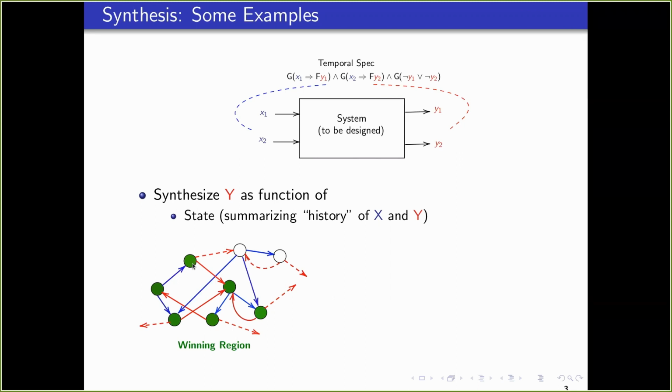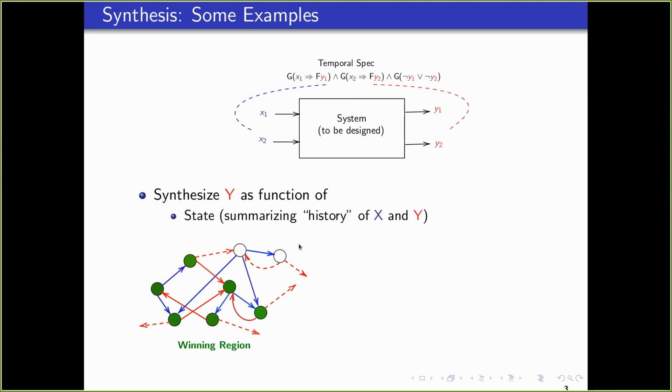region. But the winning region's definition is that at every state where the system is supposed to make a move, the system has at least one move to make such that it stays within the winning region and it cannot be thrown out of the winning region. For example, this state is not one such state because no matter what the system does over here, it is outside of the winning region.